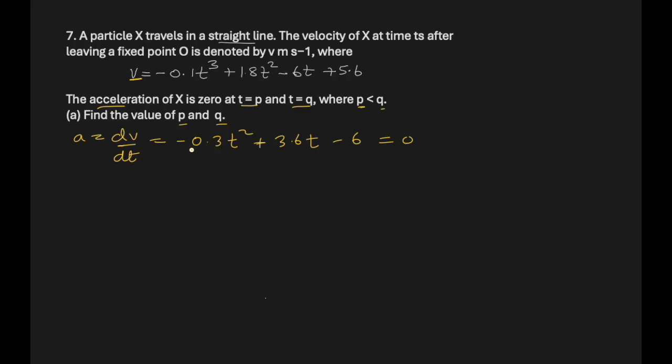So let's get rid of this 0.3. So let's divide the whole equation by 0.3. This is always a smarter way of minimizing your calculations, though most of the job is done by calculator. But if you do it, it becomes even easier to input your numbers, so there are fewer chances of making a mistake. So we get t square